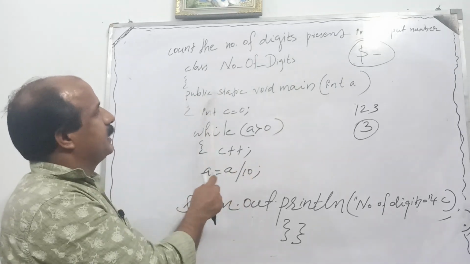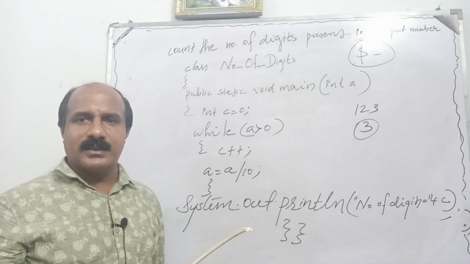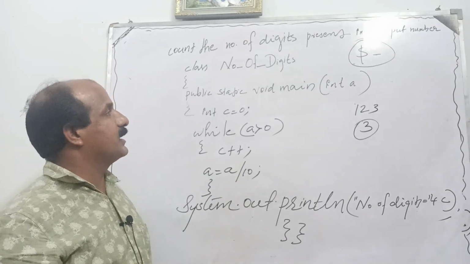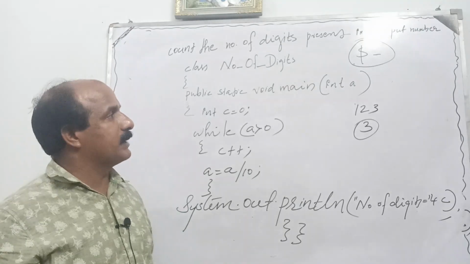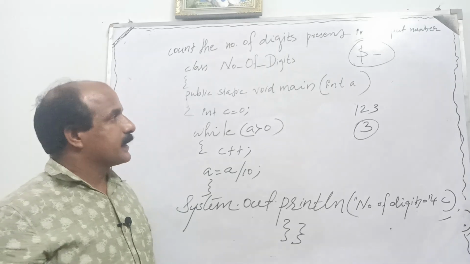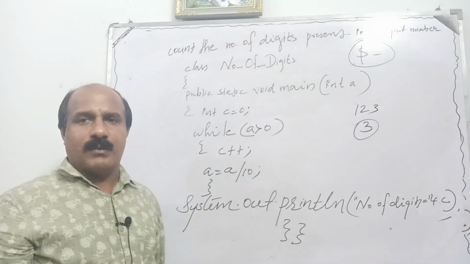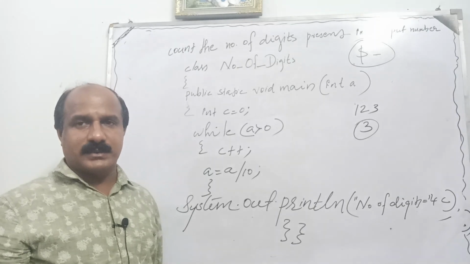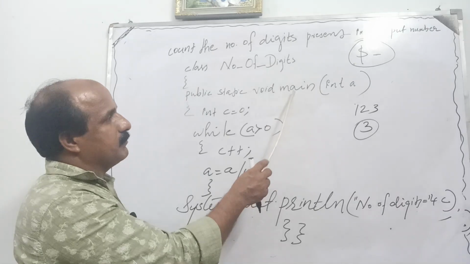Main method, public static void main. Some of you are still having doubts about what is this public, then static, then void, then main. Is it important? Or in some places main is absent. So what is the reality? If you are writing a program in BlueJ, you can even avoid main methods. But if you are writing real Java programs, then a main method is a must.